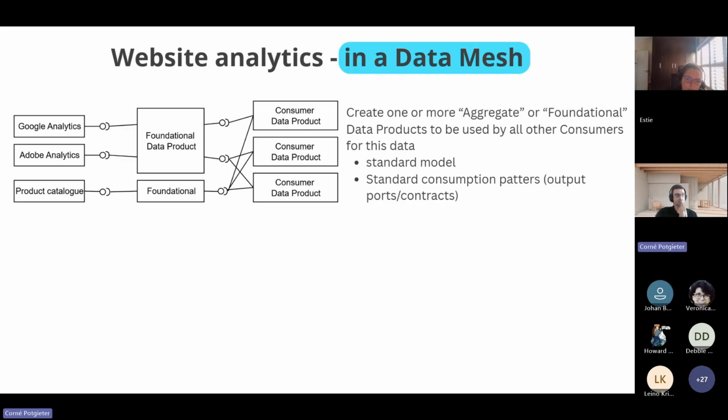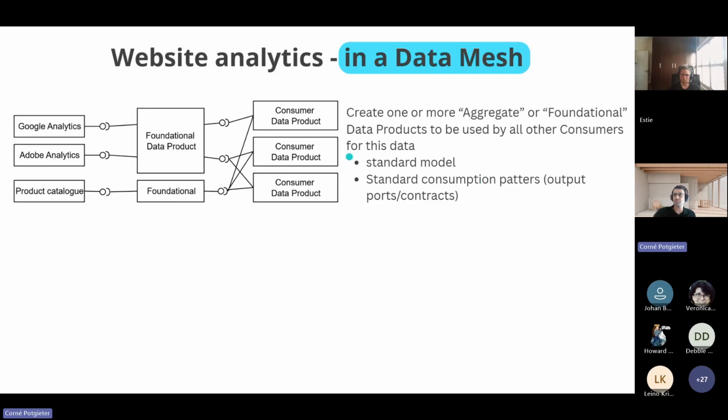Do we do the first option where we say, let's rather build foundational building blocks that we can reuse, with logic, and not have every team rebuild their own data products using the exact same logic? So let's build a foundational data product on the website analytics data and another foundational data product on the product catalog, and then have each one of the consumer data products use the data from these building blocks.